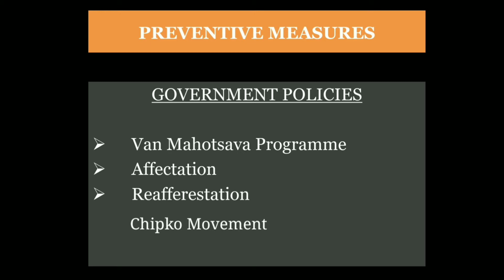Van Mahotsav program. The most important of the policies is the Van Mahotsav program, which started in 1950. Under this program, all government organizations are supposed to plant trees in the months of July and August. Afforestation. Another scheme which has been adopted is afforestation. Under this scheme, a program has been proposed to plant trees in Rajasthan, West Uttar Pradesh, and the Kutch desert to